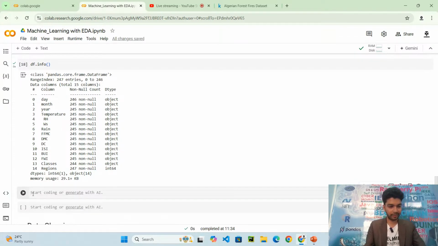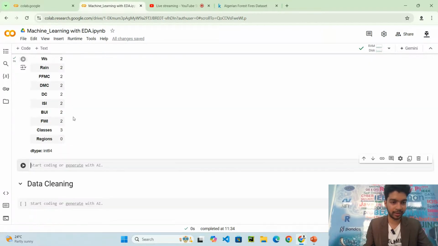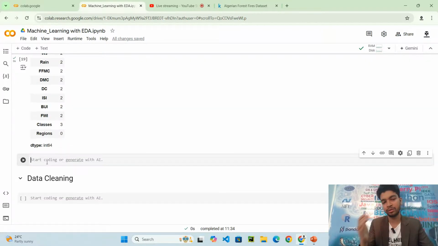So now I will drop the values as I told you. df.isnull().sum, if I give it, I had two missing values in the table. So I will use a pandas function to drop all these missing values.